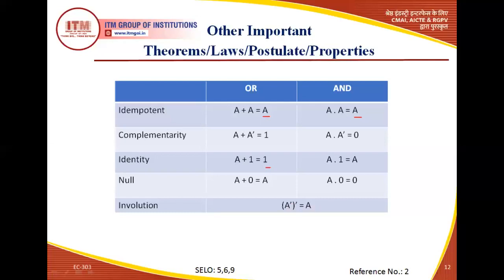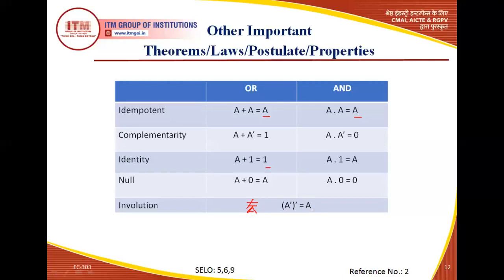It can also be written as A bar bar. In many places you will see that if we invert an inverted function again, it will cancel out, so it will generate A. That means we can note it as A dash dash is A, and A bar bar also generates the same function A. What this means is, if we invert 0 once it gives 1, and if we invert 1 again it gives 0.